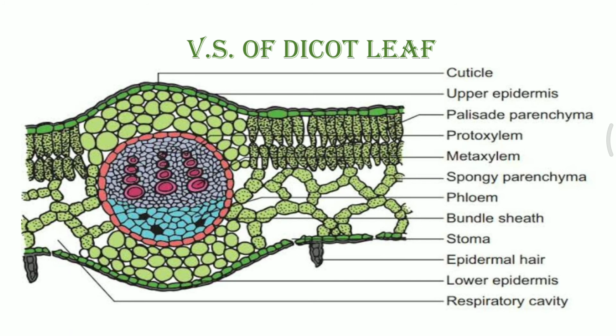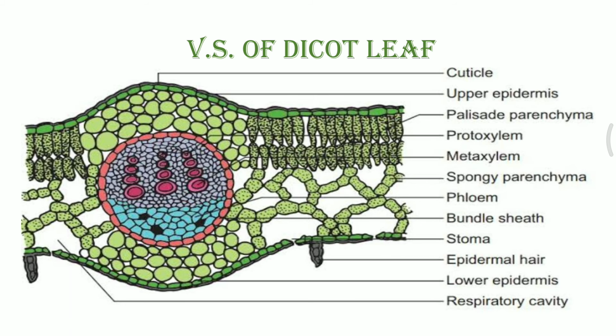no such role, other than the fact that in some hydrophytes they have a high amount of stomata, or in some xerophytes a high amount of deposition of pits or silica granules. Sometimes there can even be glandular and non-glandular hairs in dicot leaves. In this way, the specialization of the epidermis is there in the dicot leaf.